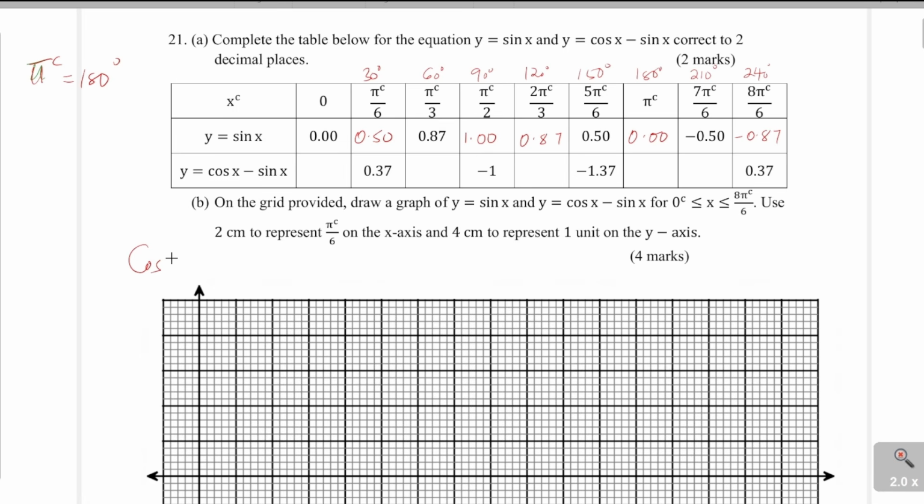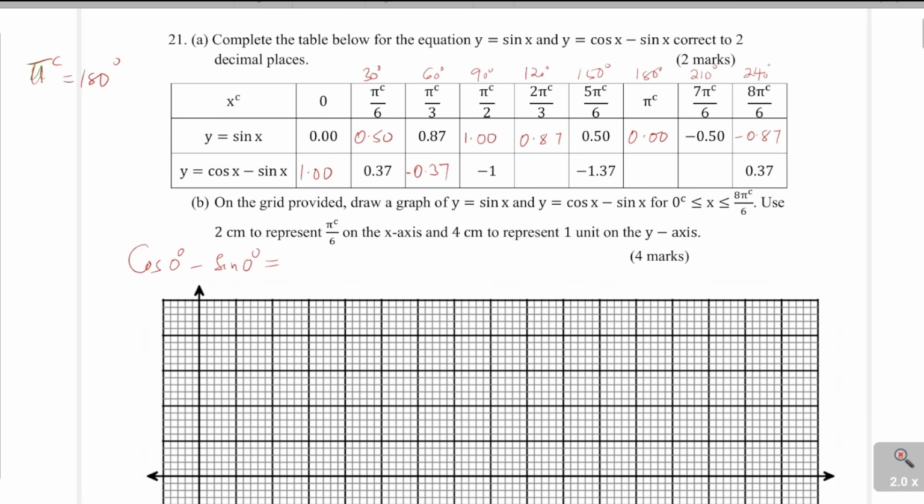For example, the first one is 0. Cosine of 0, subtract the sine of 0. That is what you're supposed to feed in the calculator. Cosine of 0, subtract sine of 0. Then you get 1.00. The next one is 60. So cosine of 60, subtract sine of 60. That will give 0.37. Not 0.37. That will give a negative. It will be negative